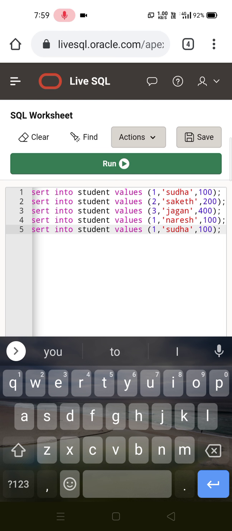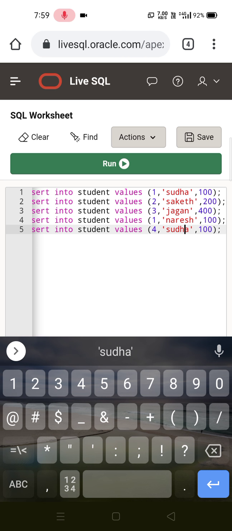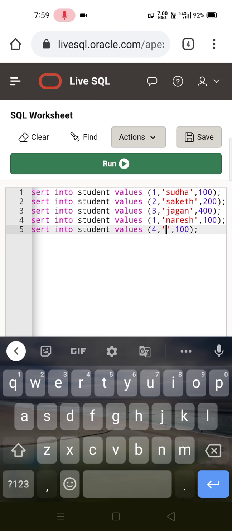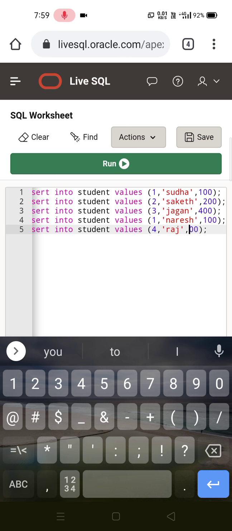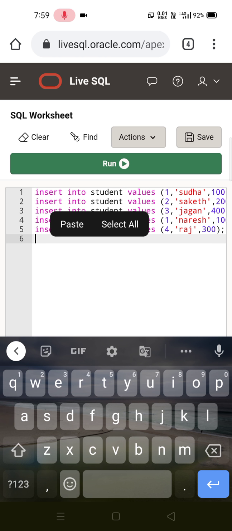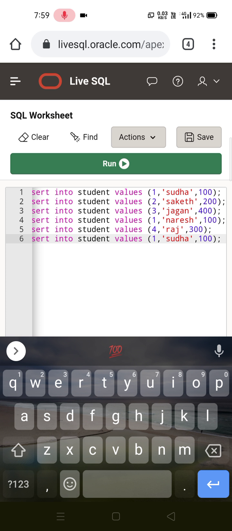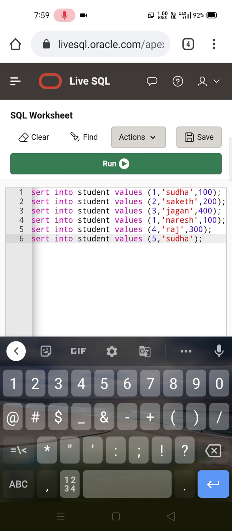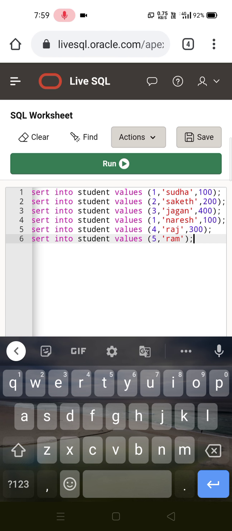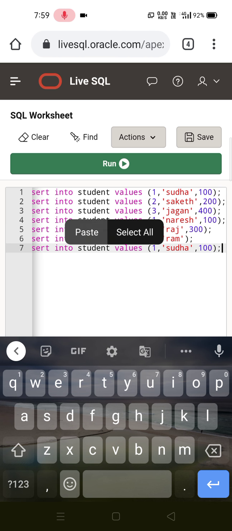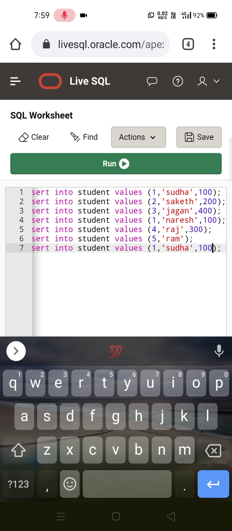See, no error will occur for that. We can also insert rows without the marks in them, so you can remove that. We can insert only the two columns, and change the name, and again we can insert something like that with no marks in it.